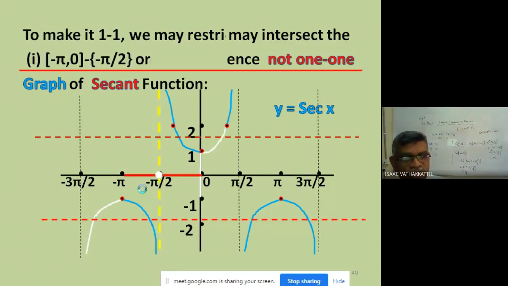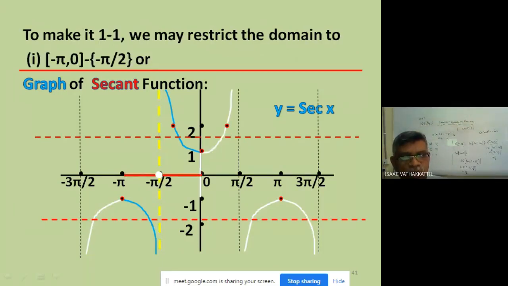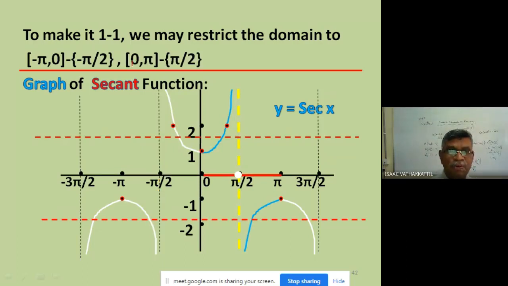One of the options is you can take, say, minus pi to 0, but it is not defined at minus pi by 2. So we take minus pi to 0, closed interval, as it is defined at minus pi and at 0, but exclude minus pi by 2. That is one option. The other option is you may take 0 to pi closed interval, but remove pi by 2,